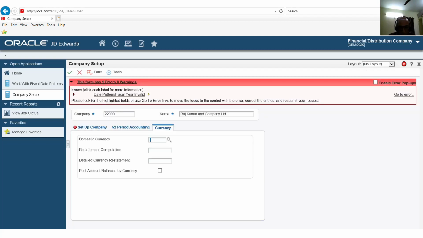Currency INR, and it says the date pattern is invalid, because it is not available in the system. So the system goes one step at a time. You cannot jump or bypass the step. This is the beauty of the system.